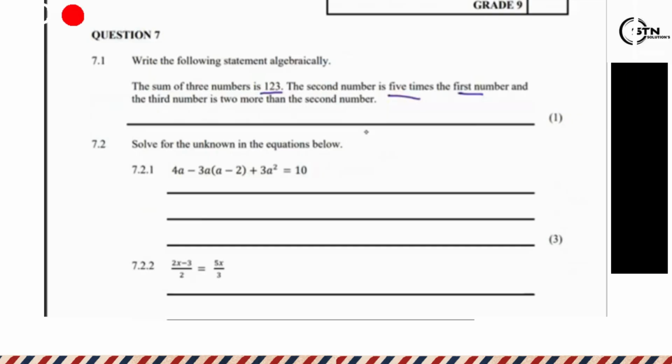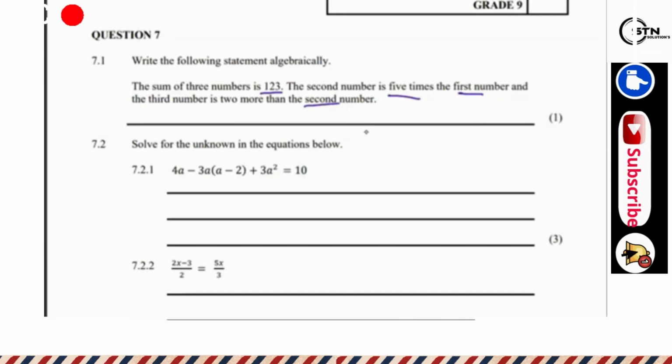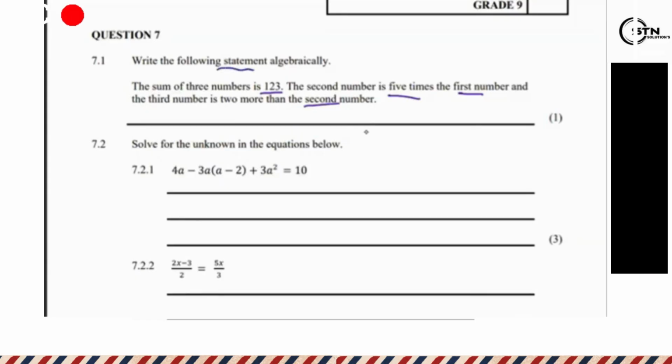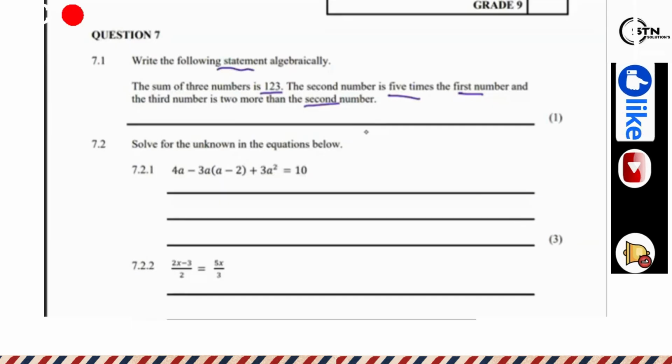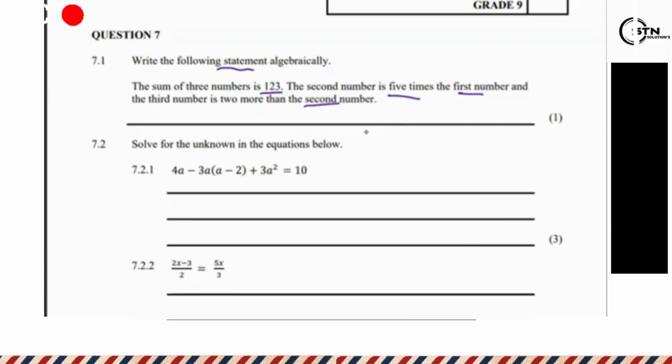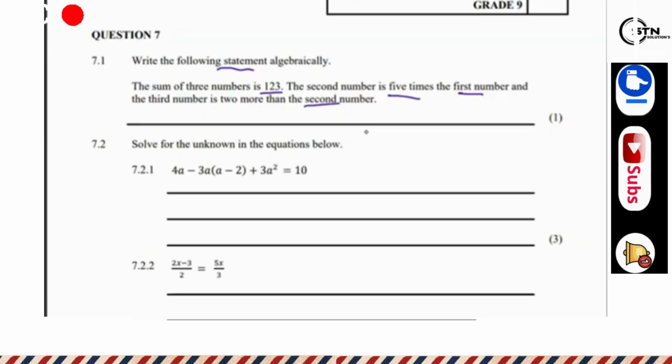And then the third number is 2 more than the second number. Write the following statement algebraically. So we need to use letters as well as numbers. So we don't know what the first term is and the third term is and so on. So all we need to do